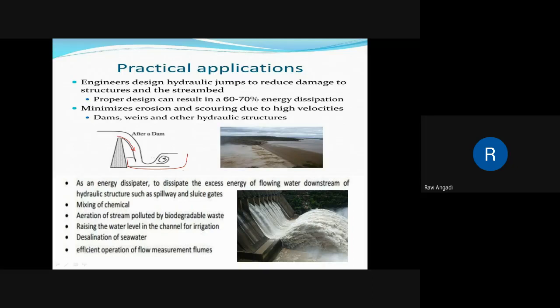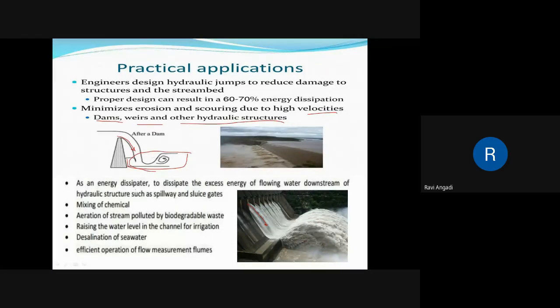So that is what we call a stilling basin, which will be provided at the downstream of the dam. If you have visited a dam, on the downstream side, always the water is standing. Whatever spillway water is falling down will be falling over the water only. Are you getting my point? Yes, sir. So it can reduce or prevent the erosion or scouring due to the high velocity. You will find such structures in dams, weirs, and other hydraulic structures.